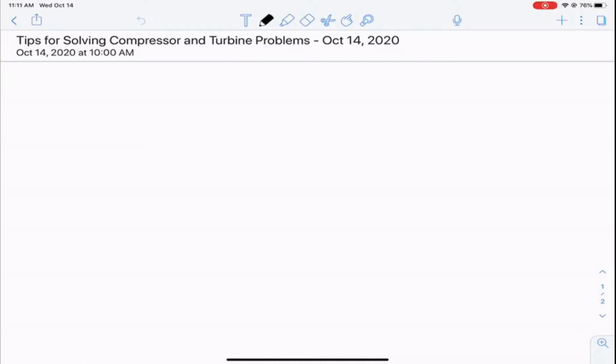And so it's important for us to really understand how to solve those problems involving those components individually